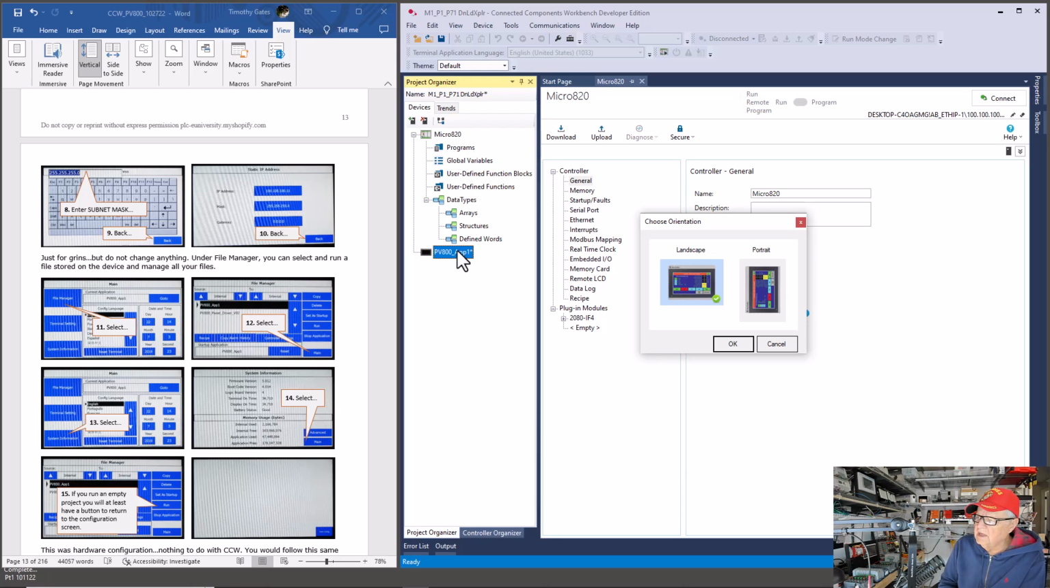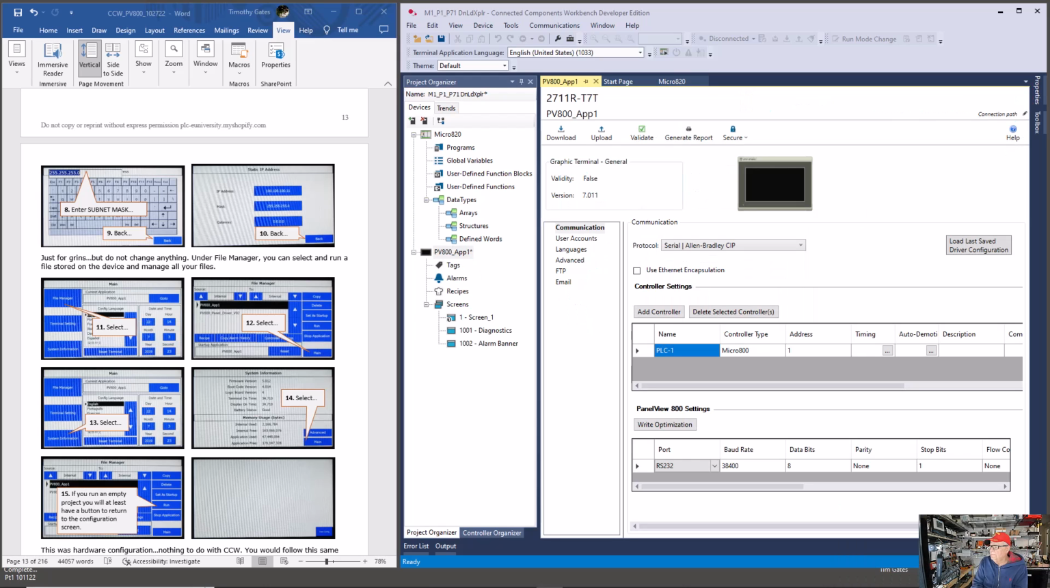I always use landscape, but you could do portrait if you want to mount the panel view on its side and have a taller screen instead of wider. Once you select that landscape or portrait, now you have a full project. And there's only one thing I really want to look at right off the bat, and that's here on screen